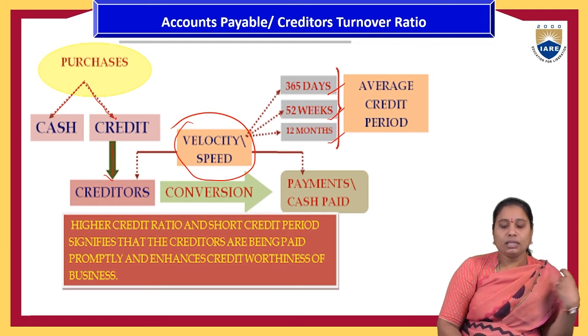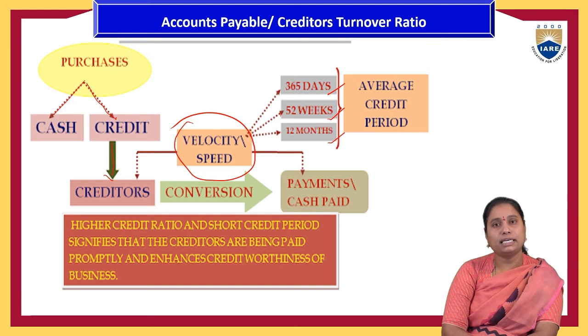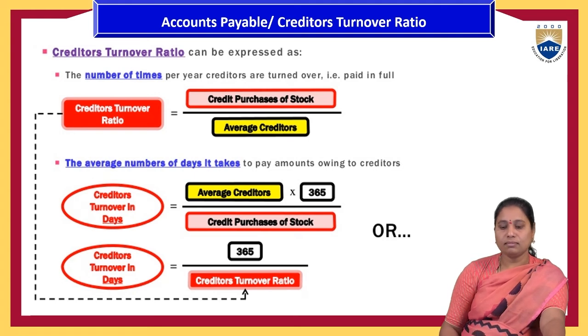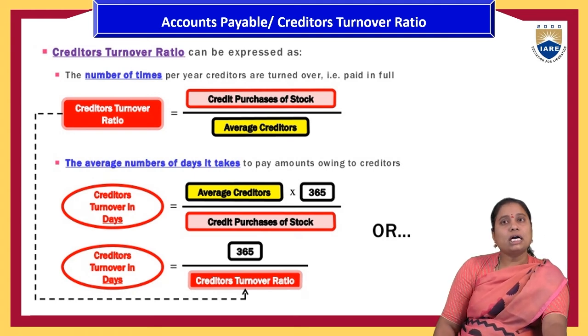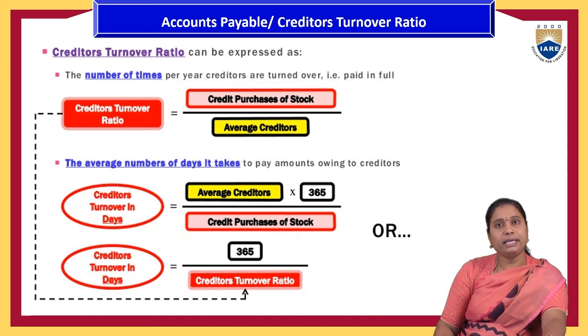A higher credit ratio and short credit period: a higher credit ratio will indicate that within a short span of time they are paying the bills. And a lower credit ratio means they are taking more time to repay the bills. Higher ratios always indicate the best credibility of the producer. If we take the accounts payable or creditors turnover ratio formulas,